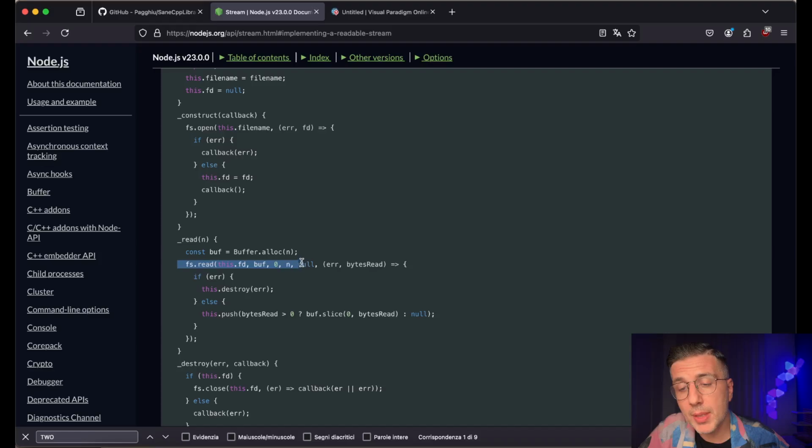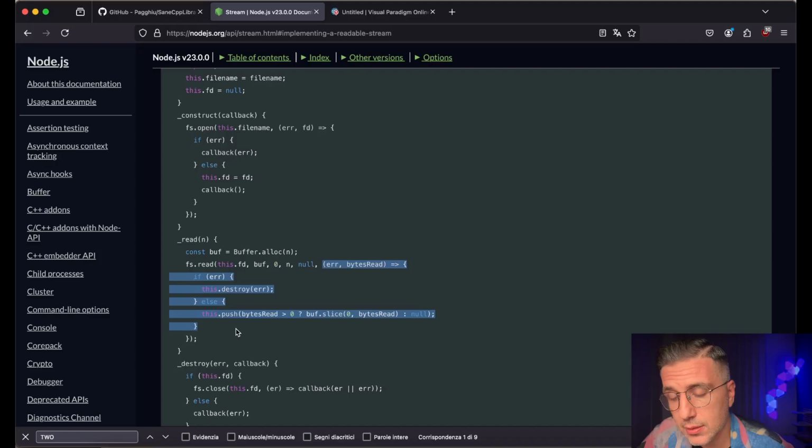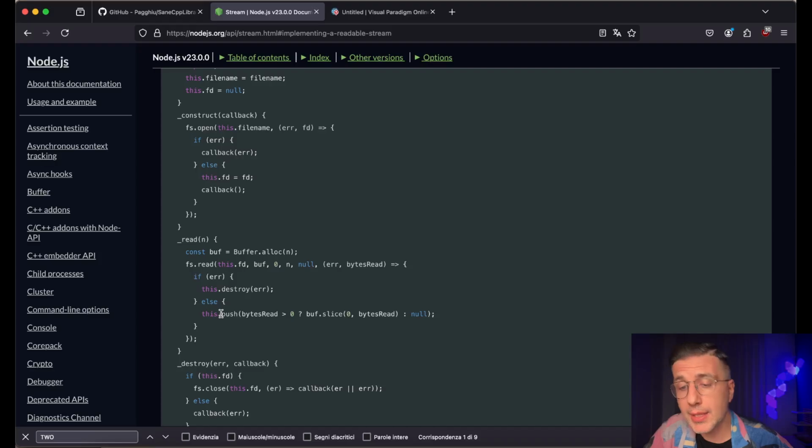From the moment this is read, this method returns, but no push is called. At some later time, push is called because this callback is invoked, very likely by the asynchronous event, the event loop. It will asynchronously push data on the stream. So that's an asynchronous